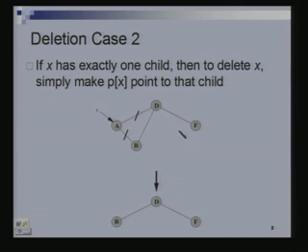Are you convinced that this would maintain the search property? Why should b be on the left of d and not on the right of d? Because b is less than d, right, because b is in the left subtree of d. Yeah. So, we would make this the left child, and everything that is below b, all descendants of b are also less than d, because they are all in the left subtree of d, right. So, we will just continue with them as they are, there is no change there. The only change that happens is that these two links go away and you set up this one link. Is this clear to everyone? Questions?